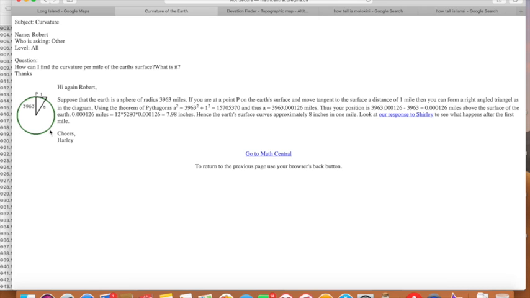If we have a ball Earth, according to Robert, who got asked by other people at all levels, Robert the expert here doesn't say where he got his number, but that's the number he starts off with. 3,963 miles, which is supposed to be the radius of the Earth. So he started off with this precise number. He didn't round it up to 4,000 miles or 3,900 miles. It's really